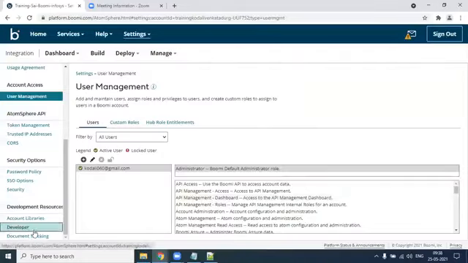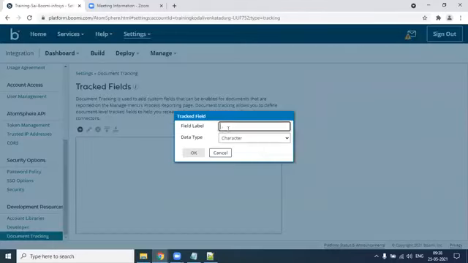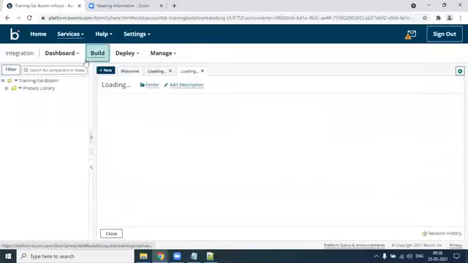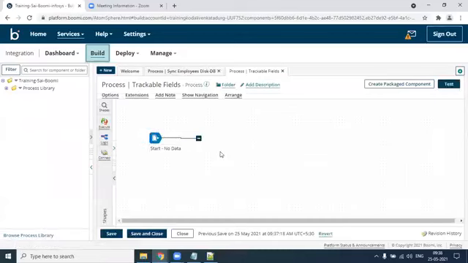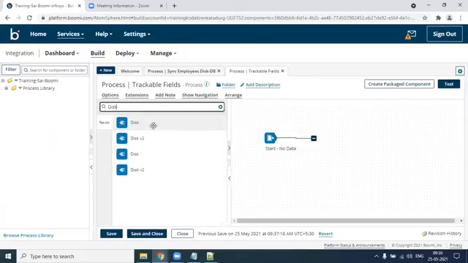I think this is fine, right? So we go to this document tracking, and here we can add trackable fields. We added just one, maybe something like business identifier. Hit OK. And then we go to the build tab. In the build tab, I have a start shape. Right now, nothing is there. We could add disk,